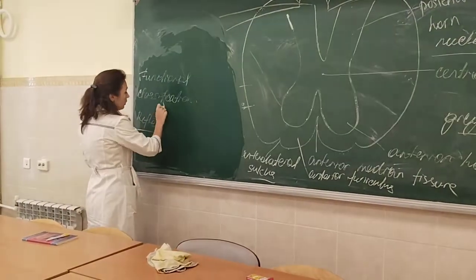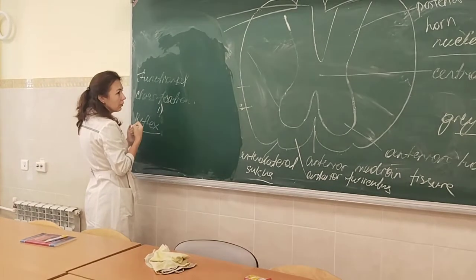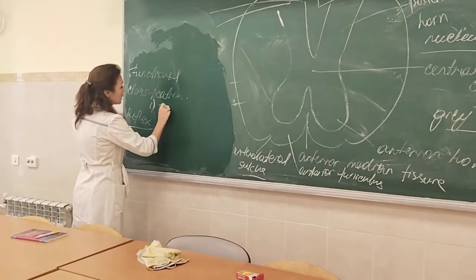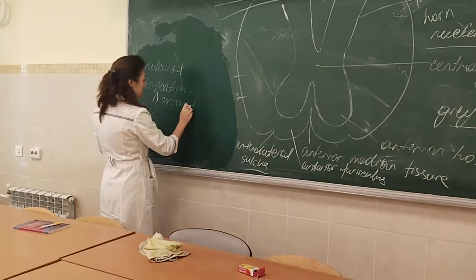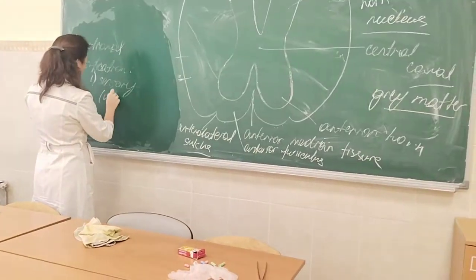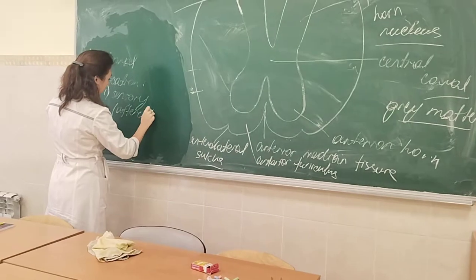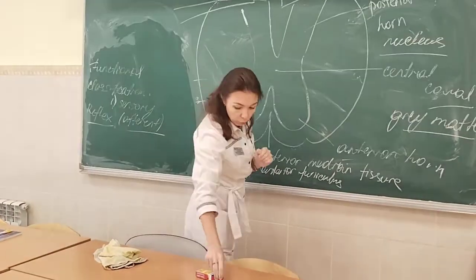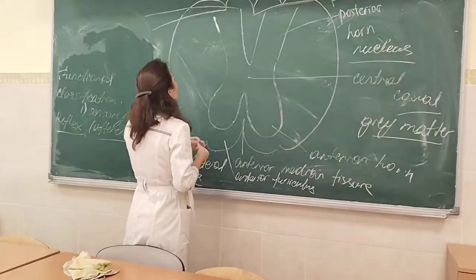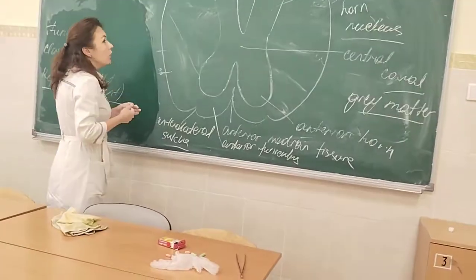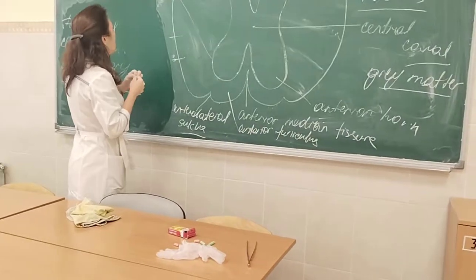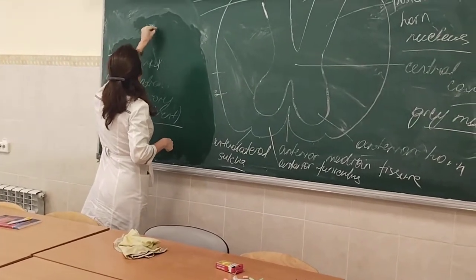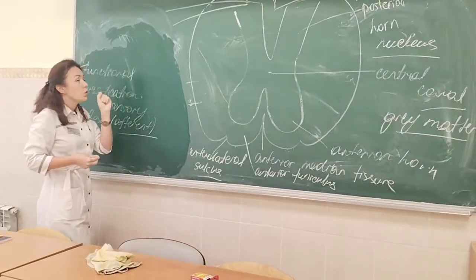And first neuron is that which will perceive an irritation. It is named sensory or afferent neuron. When you open the books, you will see that anything related to sensation will be drawn in blue color. And definitely now you understand that if a neuron is sensory, it should start with